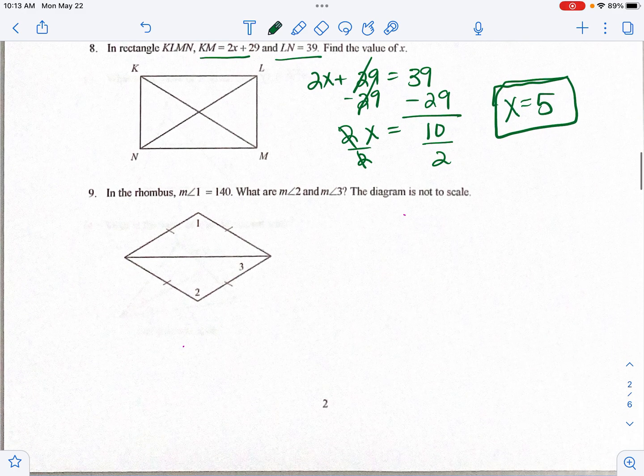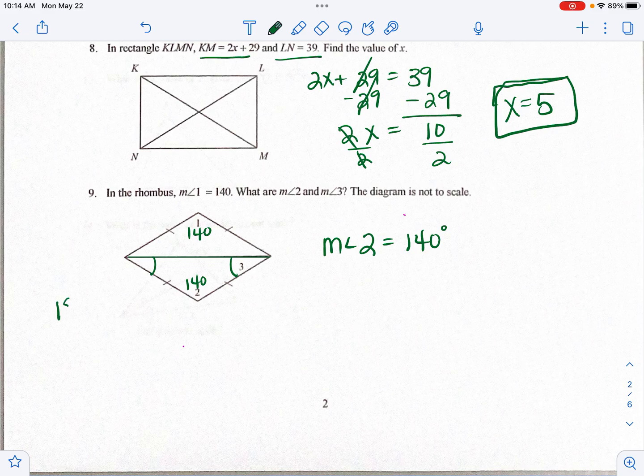Number 9 is a rhombus. Angle 1 is 140, and they're asking for the measure of angles 2 and 3. Angle 2 would also have to be 140, because in a rhombus, opposite angles are congruent. And then we can see here that one of the diagonals is drawn, which cuts the rhombus into two isosceles triangles. So if this is 140, then I know that these two angles here would be the base angles of